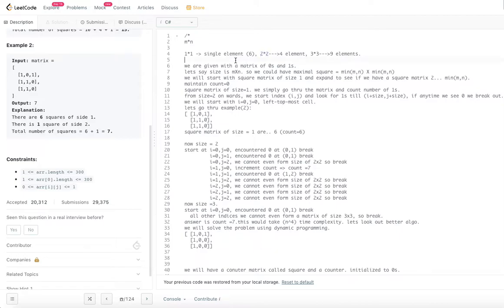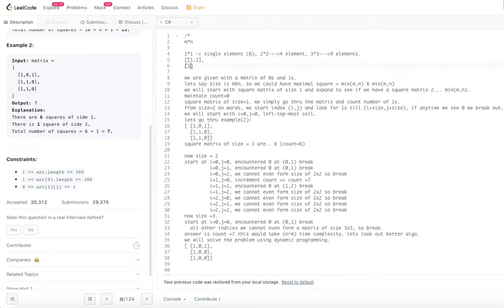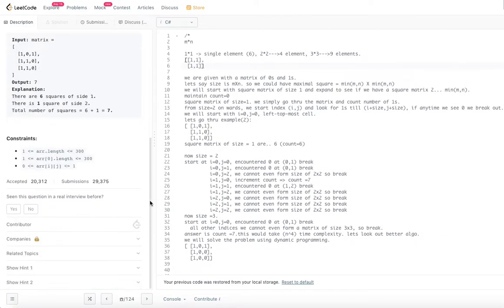It should be similar to something like 1, 1, 1, 1. All 4 elements should be 1, because that's what the question asks: all ones. By looking at this matrix, there is only one such instance. Let's see how we are going to find that out.